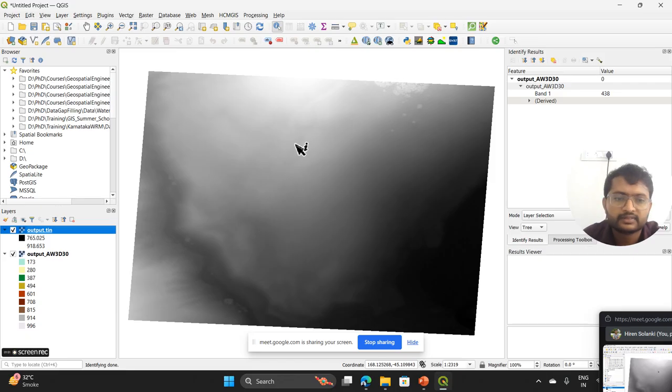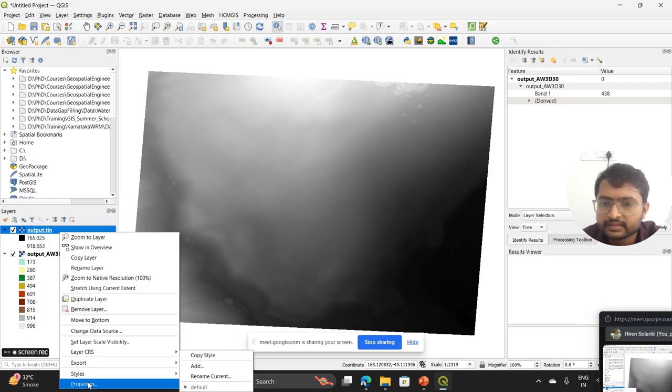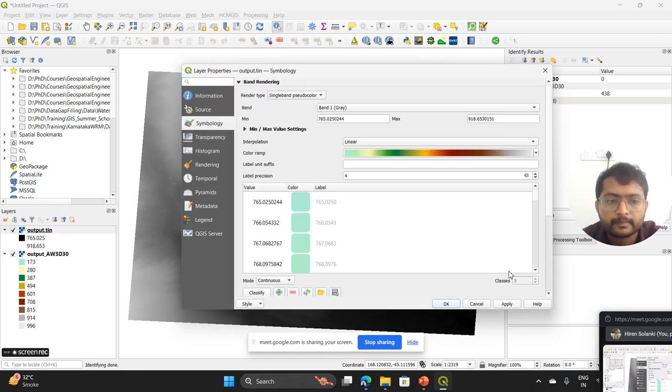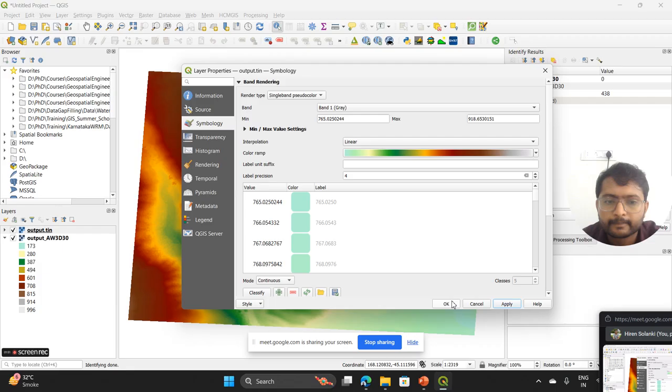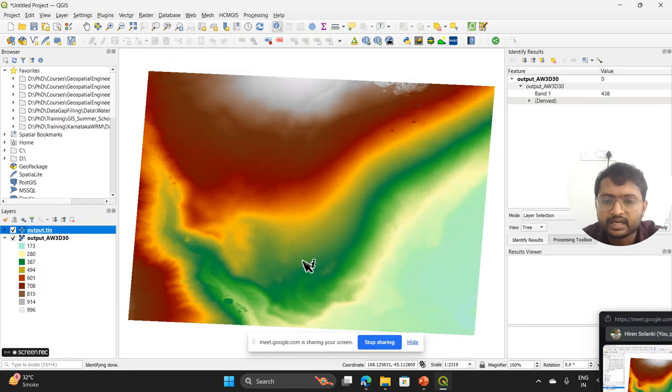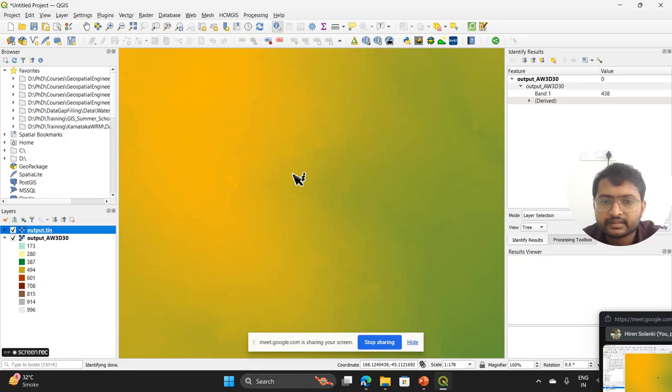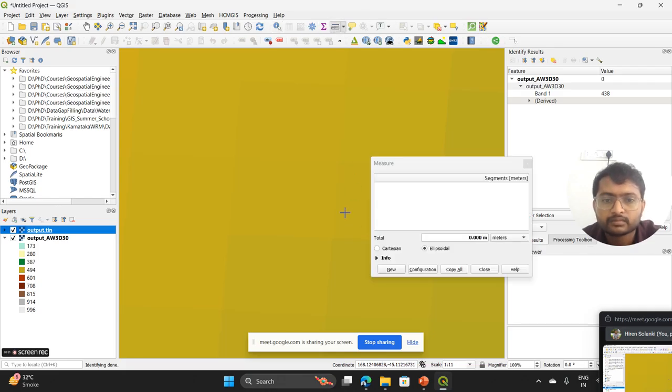So you can see this data will look like this and we'll change the symbology again. So you can see now how it looks. And if we zoom in further to the pixel level scale, now you can see the 1 pixel boundaries. And if we measure this boundary now,